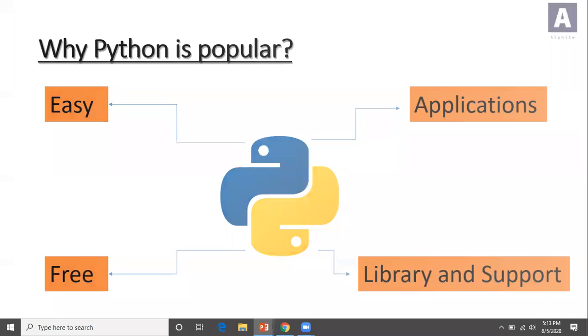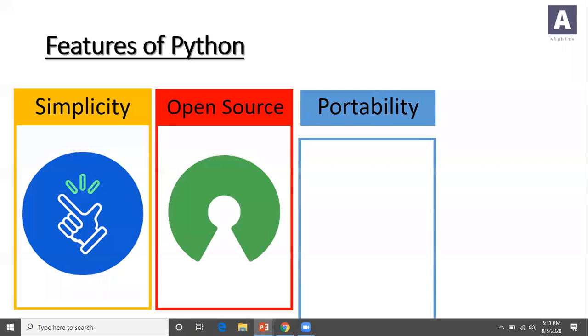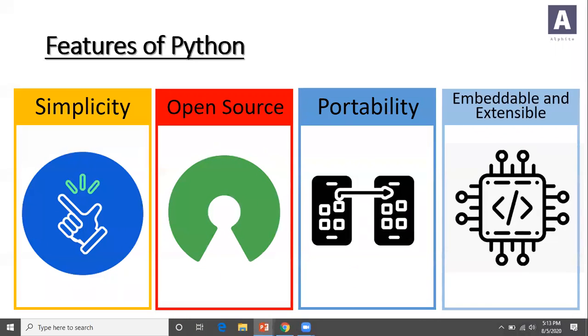The next question is, what are the features of Python? I have listed seven top features. The very first one is simplicity. As I mentioned, Python is the easiest programming language to learn. Apart from learning, if you are studying some other languages, you want to start with some basic environments or basic stuff. And again, once you are done with that,